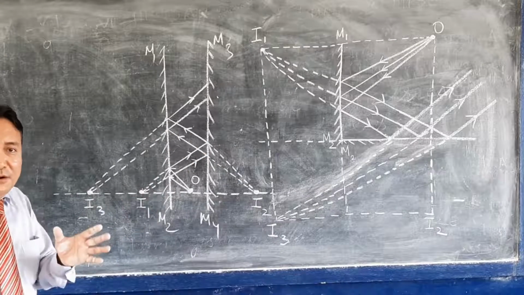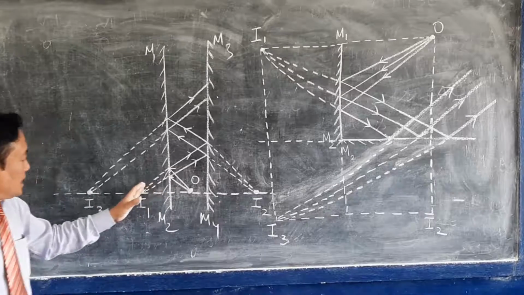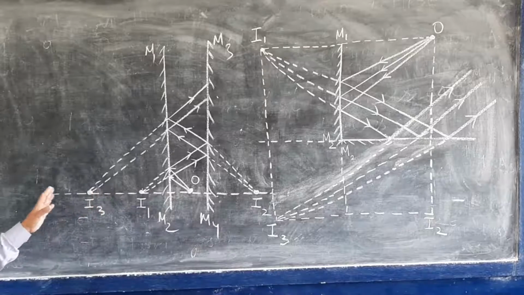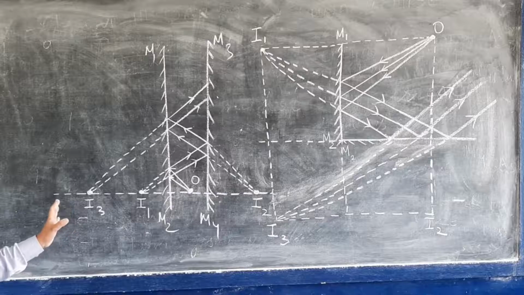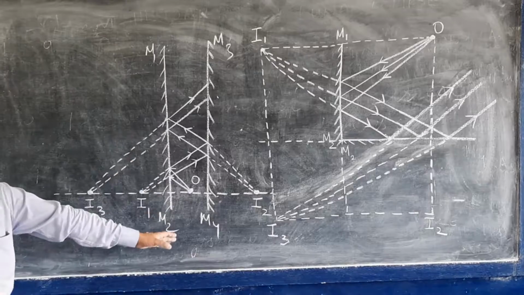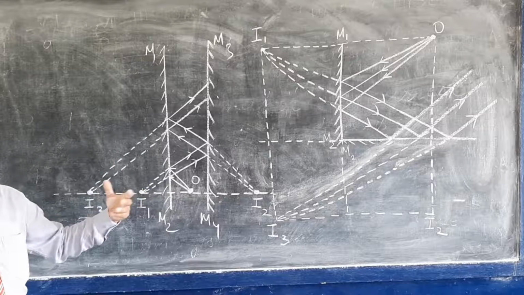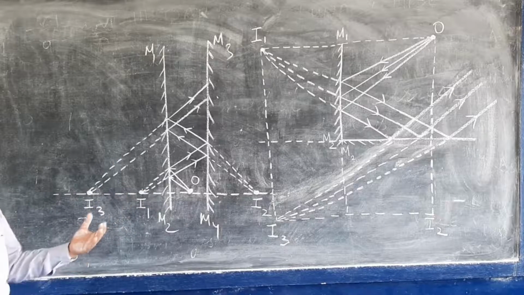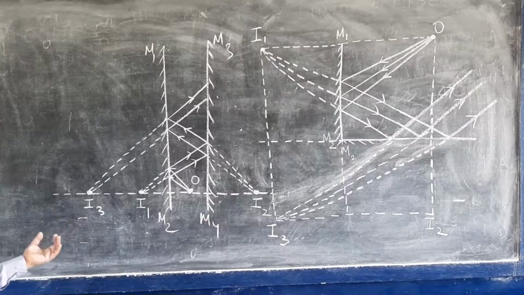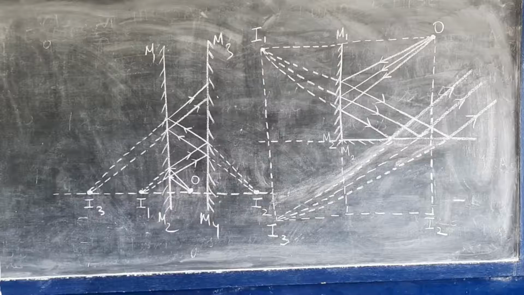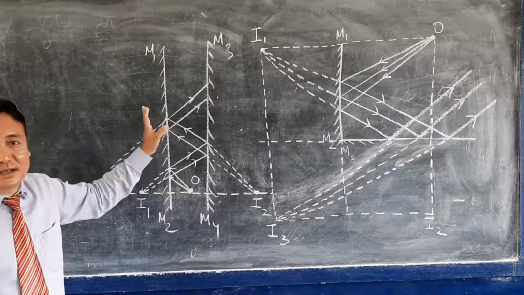But the images which are formed very close to the mirror are bright, and the images which form farther away from the mirror are dim. So infinite images are formed by plane mirrors kept parallel to each other, but the brightness of the image becomes lesser and lesser. That means it becomes dimmer and dimmer the further away the image is formed from the mirror. Infinite images are formed here because multiple reflections are taking place.